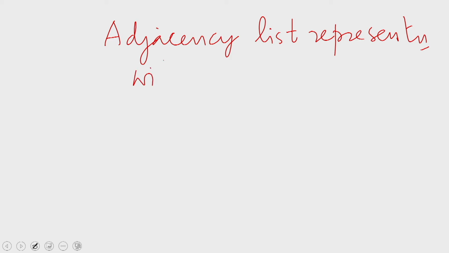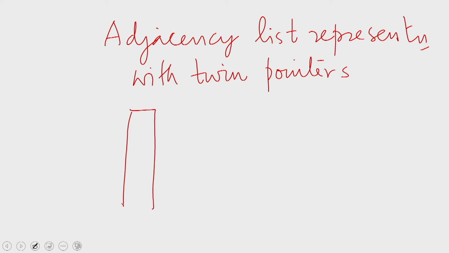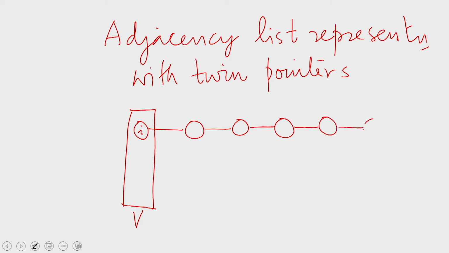With twin pointers. What that means is that we have an array of vertices, and for each vertex I, we have an adjacency list, the list of all vertices that are adjacent to I. We will assume that this is a doubly linked list